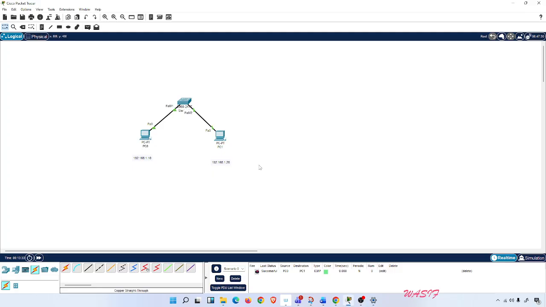Did we configure any routing protocol? We didn't configure any routing protocol. Why didn't we configure any routing protocol? Inside the same network, you don't need a routing protocol. Okay, inside the same network, you don't need a routing protocol. But however, if we get something like this,